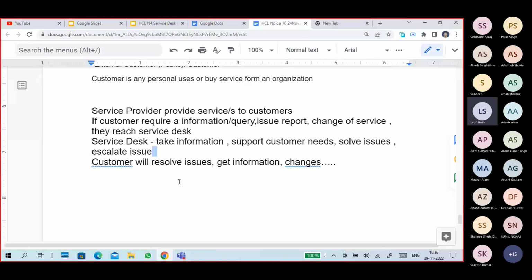Or I will have a query. I will just ask a question: what is the process to increase my internet speed? Or maybe I want to report an issue. For example, I am not getting internet for the last 2 weeks. Or maybe just last day. On Saturday I reached there and I saw the internet was not working. I checked in the morning and the internet was not working.